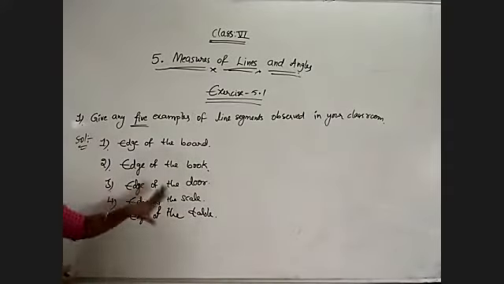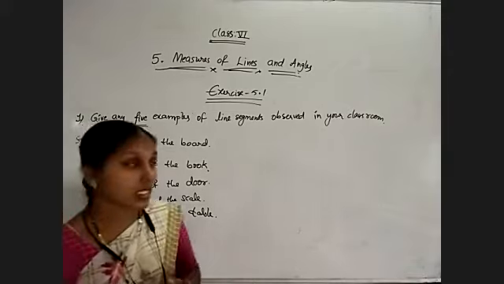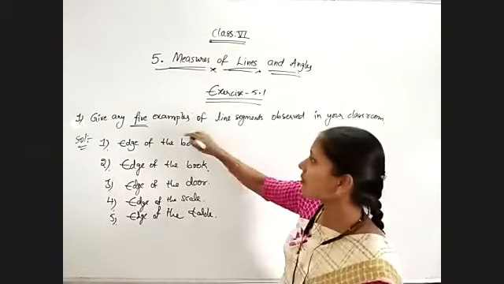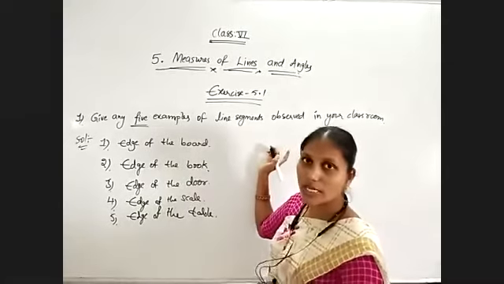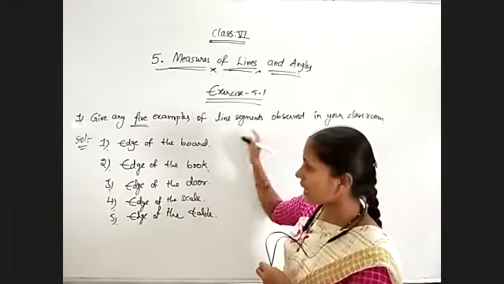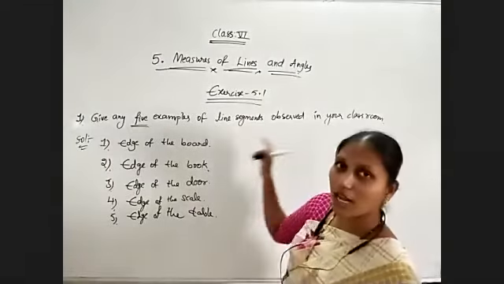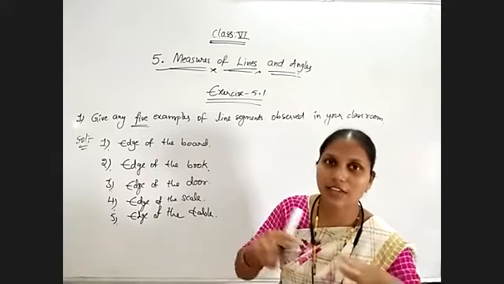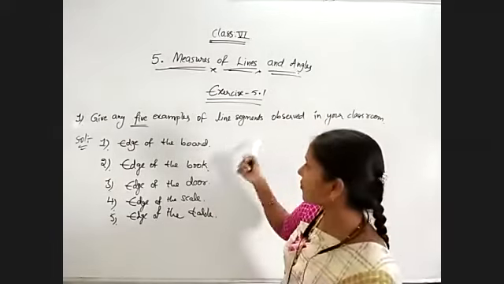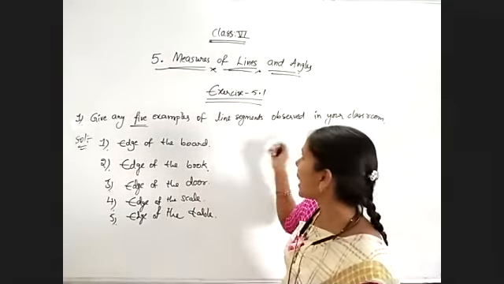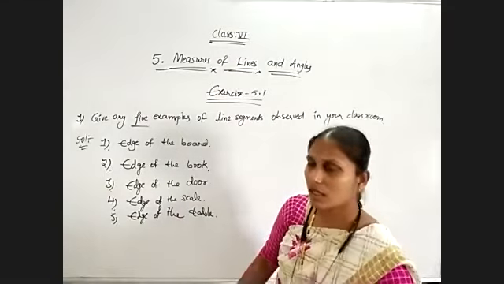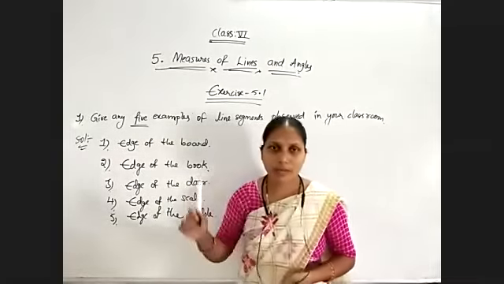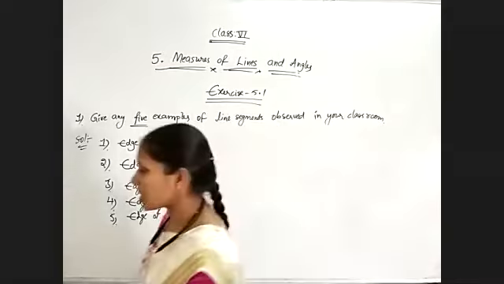So you try to write new examples which you are observing in your surroundings as well as the classroom. Okay, so I am giving one of the questions for today. Give 5 examples of line segments observed in your surroundings, not in the classroom. So write the same question, just instead of classroom, surroundings. For example, edge of the TV screen is an example for a line segment. So all these are examples for line segments, which we are observing in the classroom and out of the classroom also. So that is my one question today. Do that problem. Okay. Now coming to the second question.